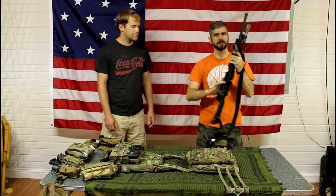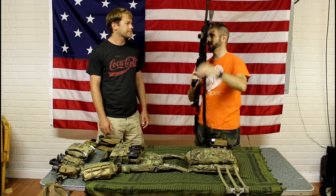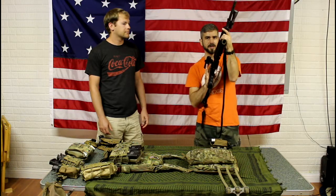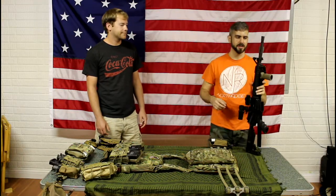So I don't use this as a grip. I use this as just a hand stop to help me get a better hold of the rifle and push and pull like they were teaching in the supine. You can push out, then pull back. So this makes it really easy to pull the rifle back into you, control it, maybe when the stock's not in your shoulder properly, which is, we did do a lot of those weird shooting positions, and that helps a